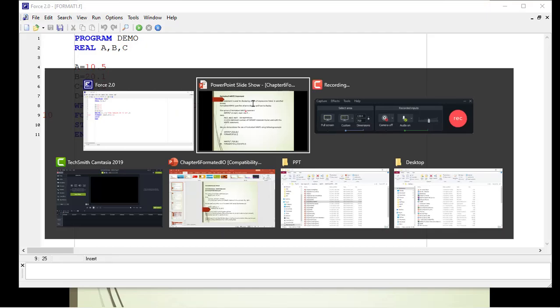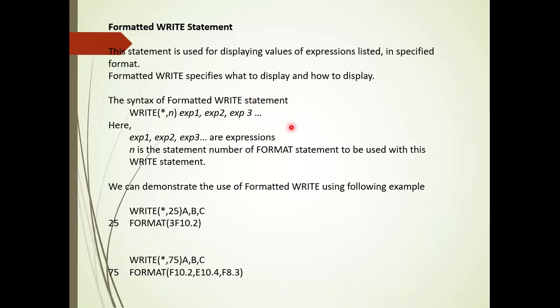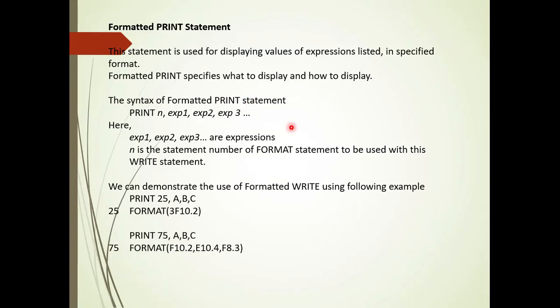If you look at the formatted print statement, it has the same form as the formatted write statement, but here we directly write print, then the statement number, and exp1, exp2, exp3 are the expressions.